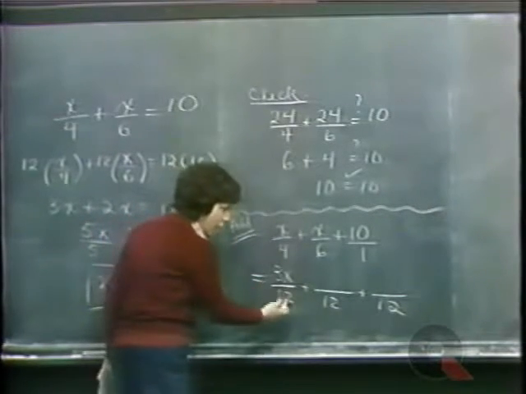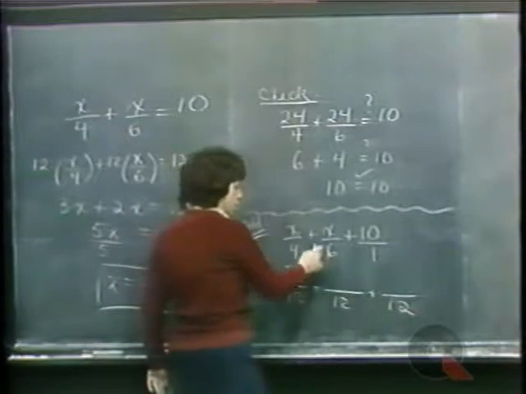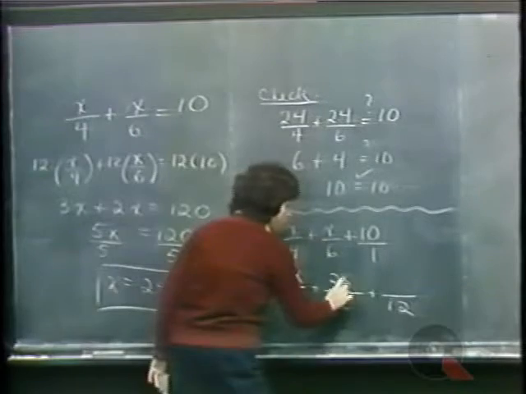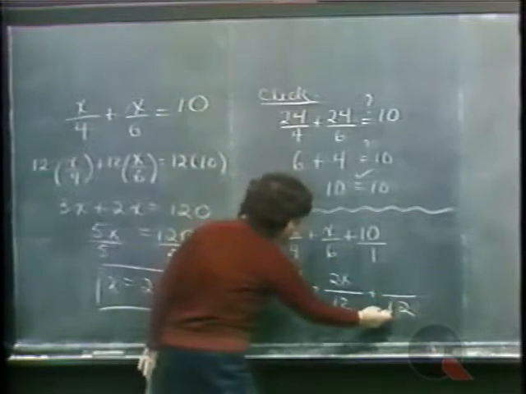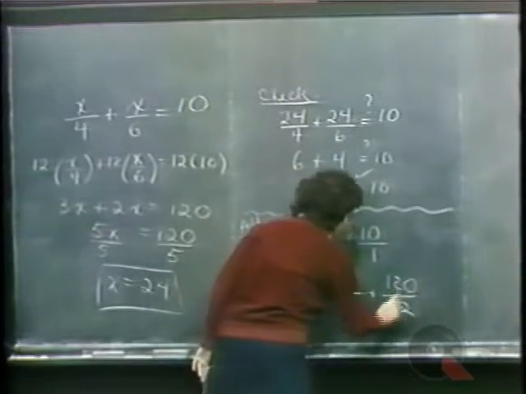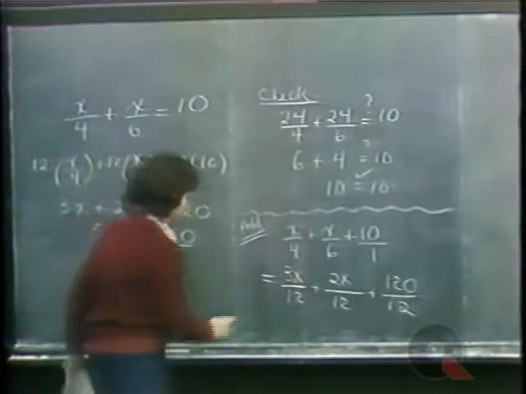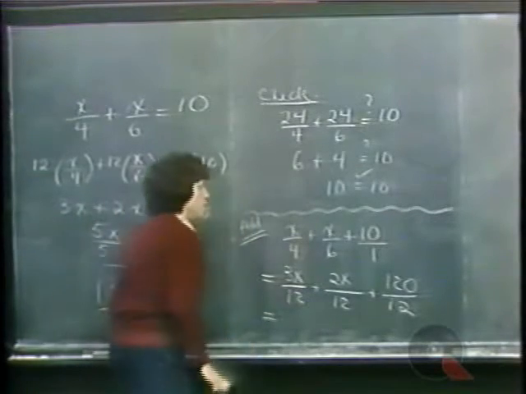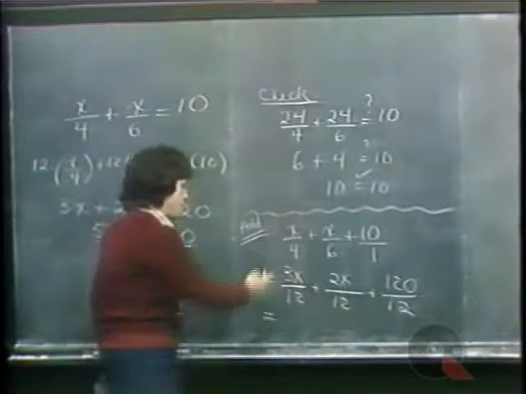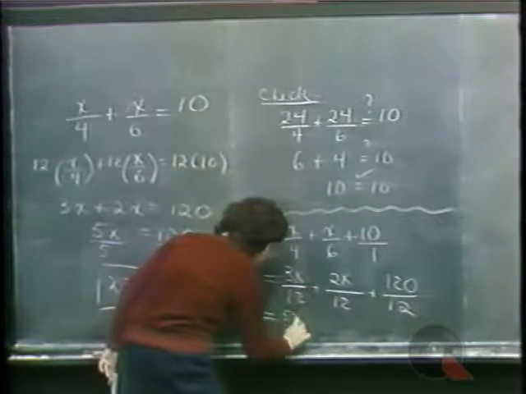We do not now reduce. We are trying to get the same denominator. 6 times 2 would give you 12, so multiply the numerator by 2 as well. 1 times 12 gives you 12, so multiply the numerator by 12 as well. And here we have 3 fractions, all with the same denominator of 12. To add these fractions, you combine the numerators over the common denominator. 3x plus 2x, that's 5x, plus 120